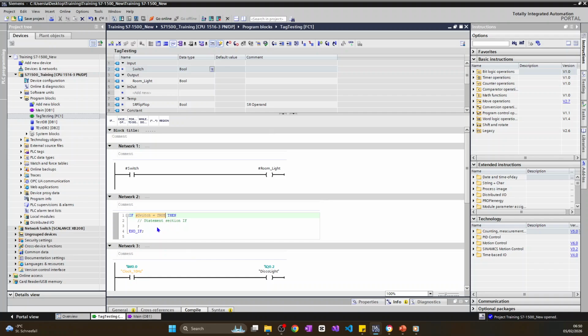You get? Or you can just leave it as if switch, because when you leave it as if switch, it makes your code cleaner, and the PLC already understands that you're checking this condition, either on or off. The PLC already knows that's what you want to check. And then we said if switch, then blah blah blah. If switch, then room,